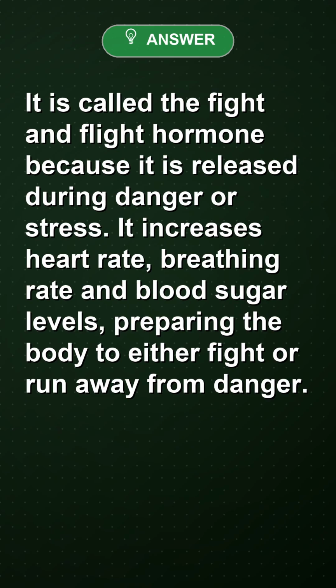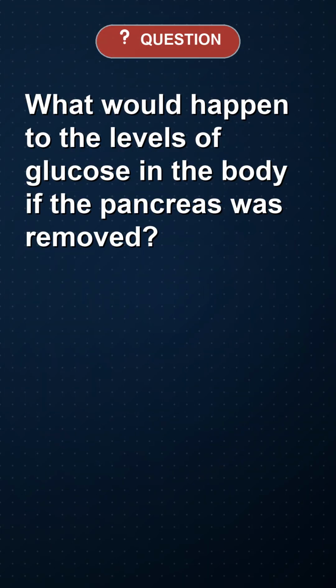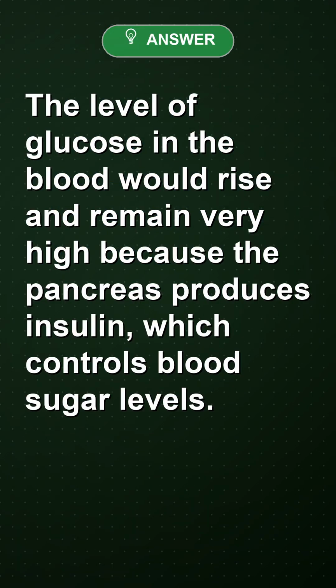It increases heart rate, breathing rate and blood sugar levels, preparing the body to either fight or run away from danger. What would happen to the levels of glucose in the body if the pancreas was removed? The level of glucose in the blood would rise and remain very high, because the pancreas produces insulin, which controls